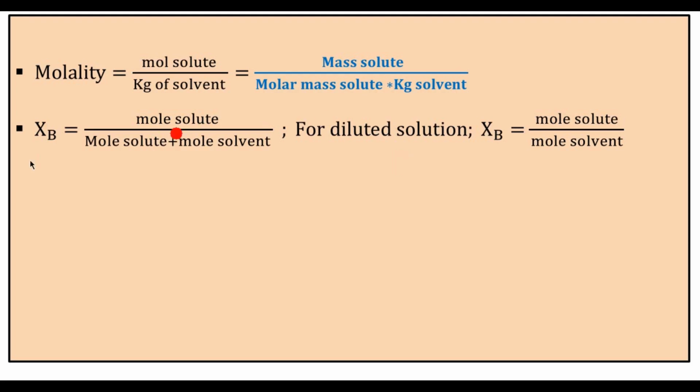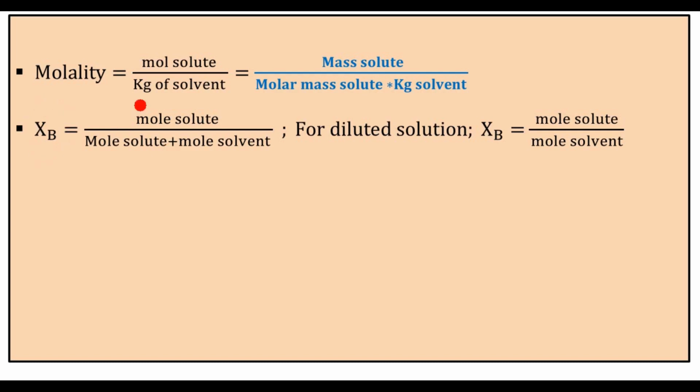Then we have seen this term, which is equal to P naught minus P over P naught. That means the vapor pressure of the pure solvent minus the vapor pressure of the solution, divided by the vapor pressure of the pure solvent. That is the mole fraction of the solid expressed in terms of the vapor pressures. But we can also express it in terms of moles. That means the mole fraction